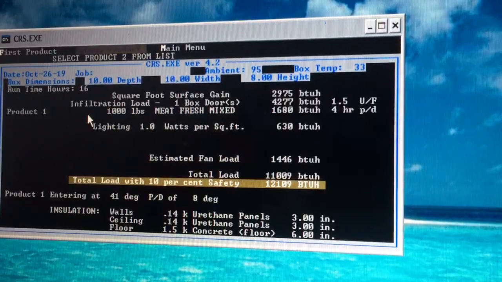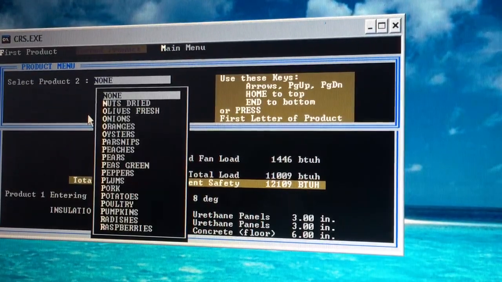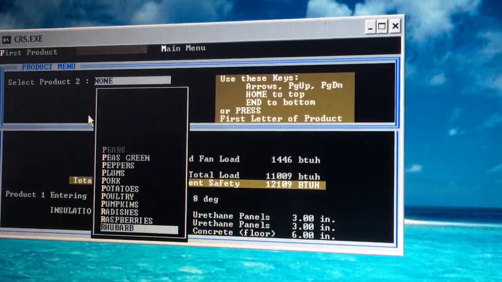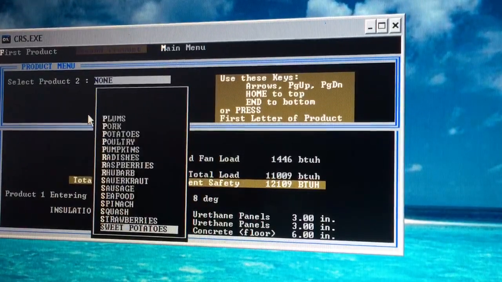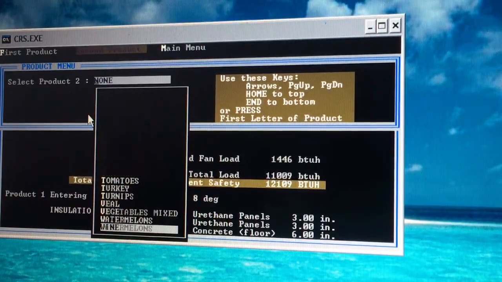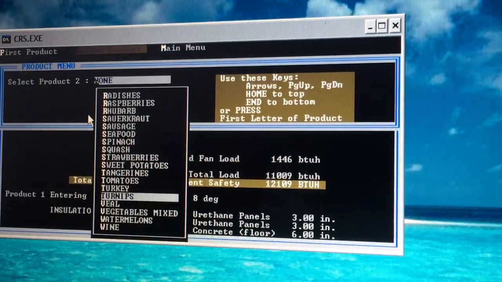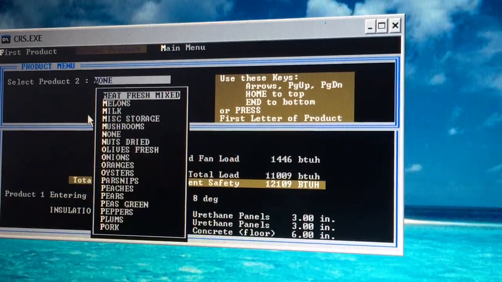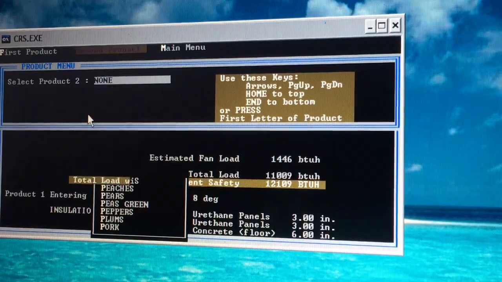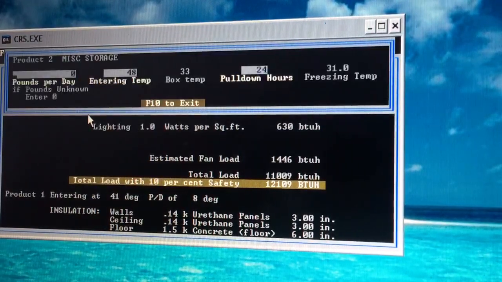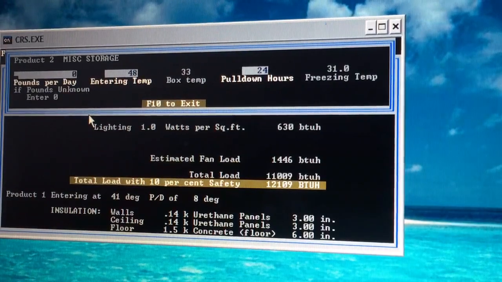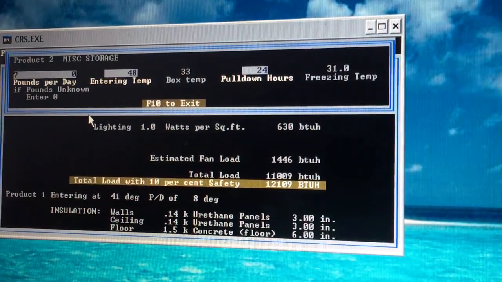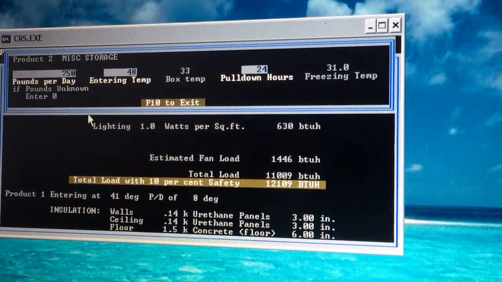So say our second product is another 1,000 pounds of something. Things are going fast. Let me see. I wonder if we've got some miscellaneous storage, if we can change. Yeah, we can change with miscellaneous storage, let's say another 750 pounds of product, but it's entering at a little